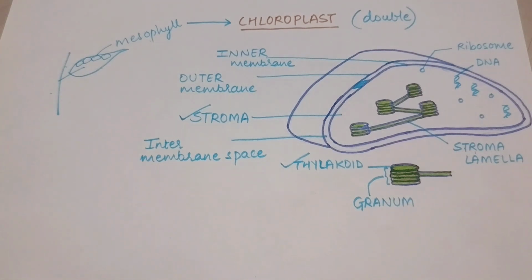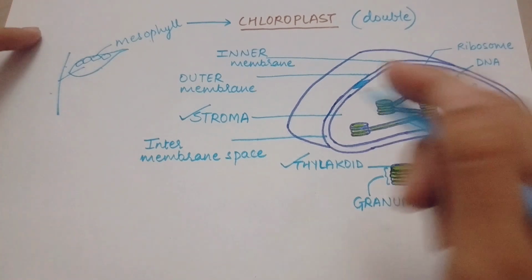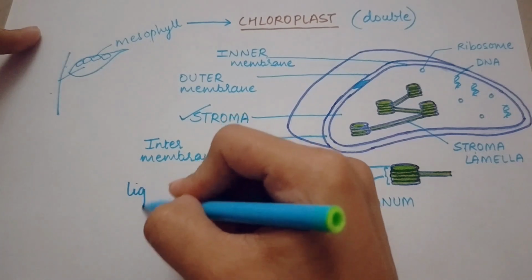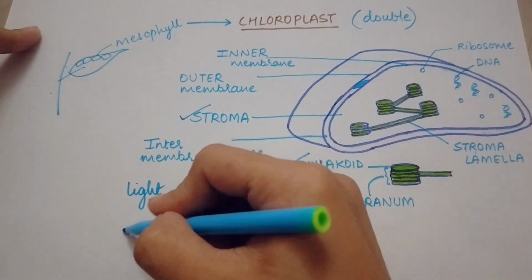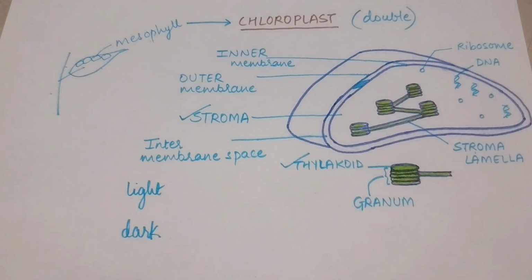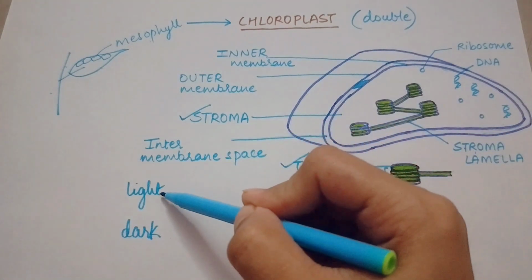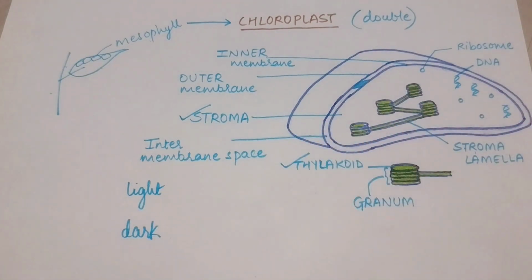See the reaction which you just learned about the photosynthesis, CO2 plus H2O, which will give you carbohydrate, that is glucose, plus O2 and H2O. It does not take place at once. There are many steps which are involved in the complete photosynthesis. Okay, so like that we have two major reactions which involve photosynthesis. These two reactions are, the first one is the light reaction and the second one is the dark reaction. These two reactions take place in photosynthesis, light reaction and dark reaction. Now from the name you can understand light reaction, it means it involves light.